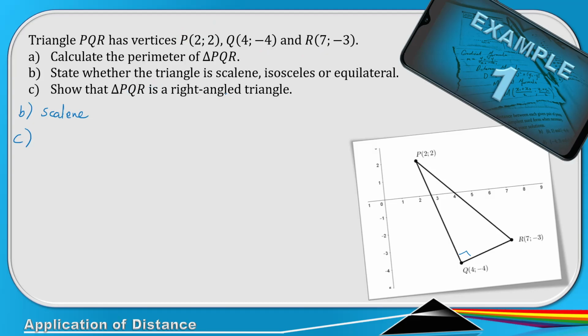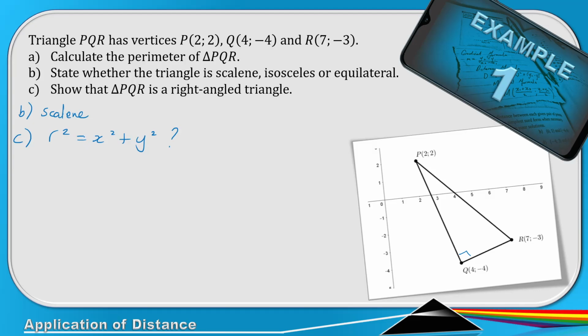normally do, as we will see in a future video, is go to gradient first, because gradient has to do with parallel and perpendicular lines. But you can also do it if you know the distances, and the reason why you can do it is because of Pythagoras theorem. If we have Pythagoras theorem, r squared equals x squared plus y squared, and that holds for our triangle, if we can prove that, then it is a right angle triangle, because it only works in right angle